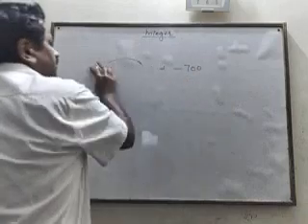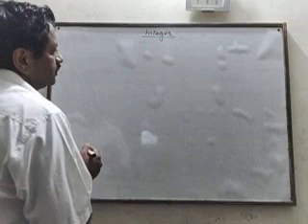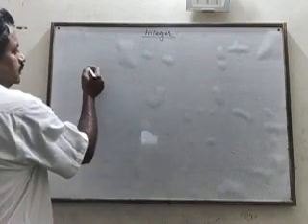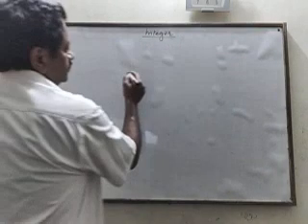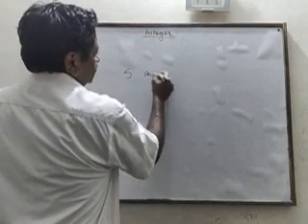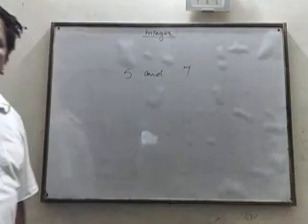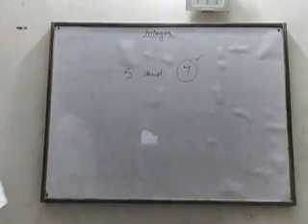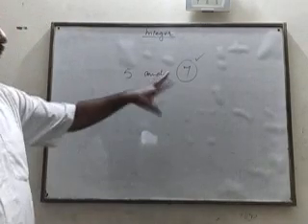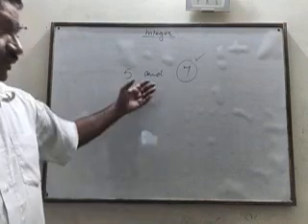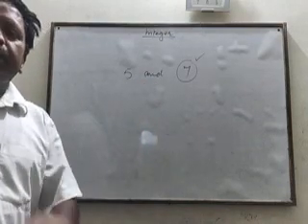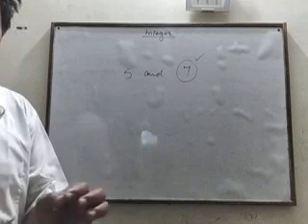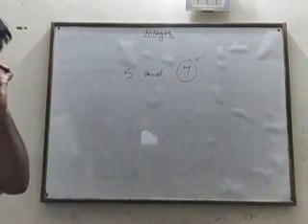So few things we must understand. Between 5 and 7, which one is greater? Naturally 7 is greater because these are positive values. In positive values we will compare as we have done in the lower classes. But in negative values, the number greater in negative is actually the smaller one. This thing is to be understood.